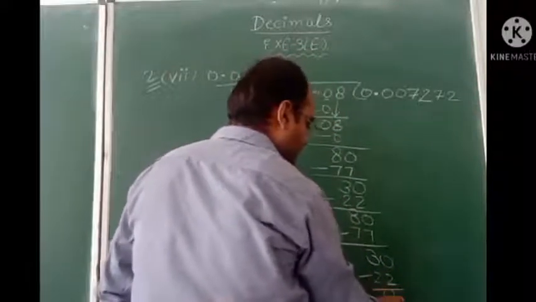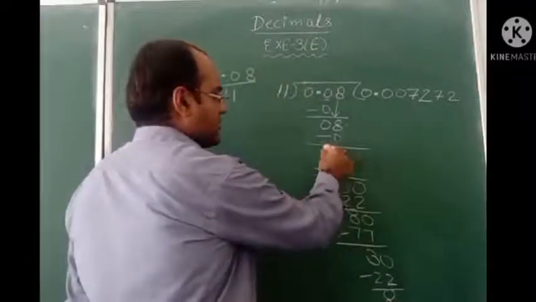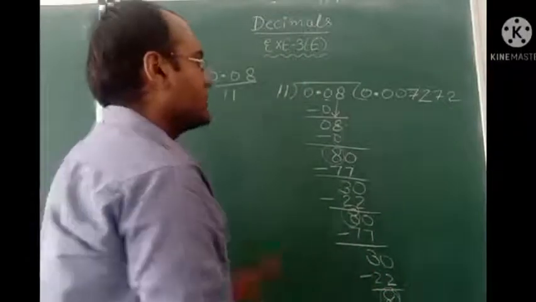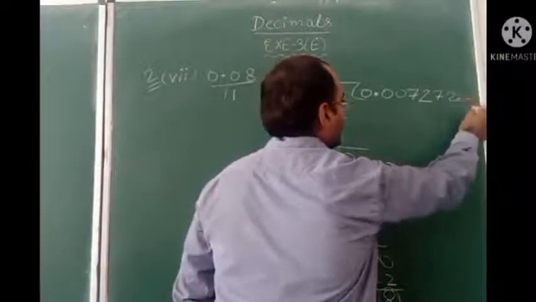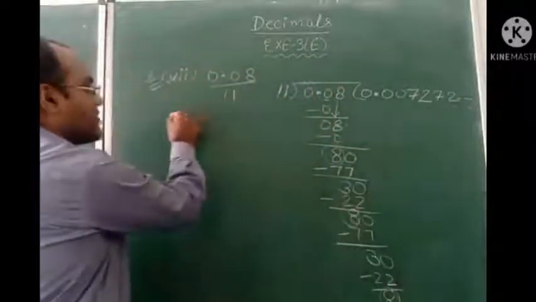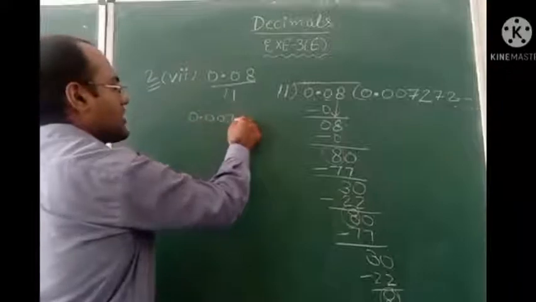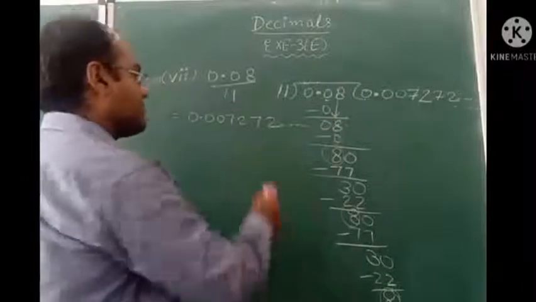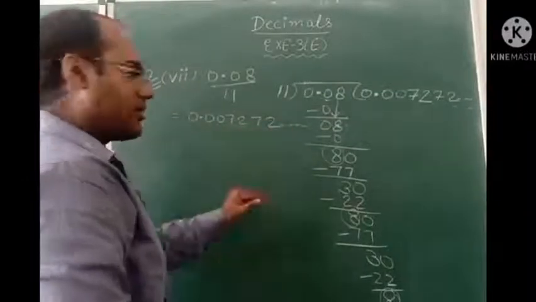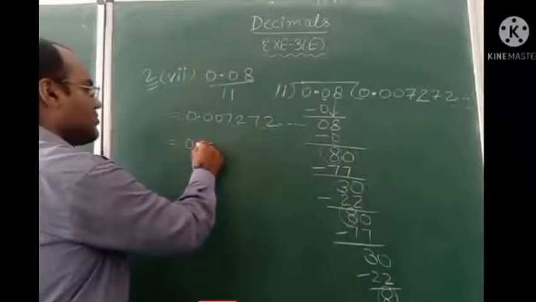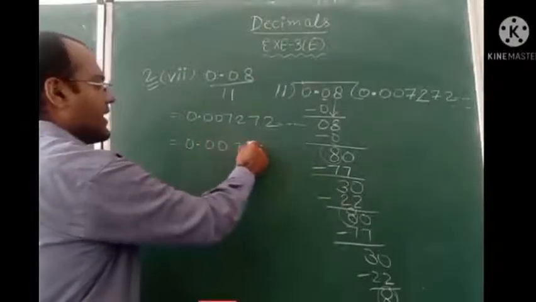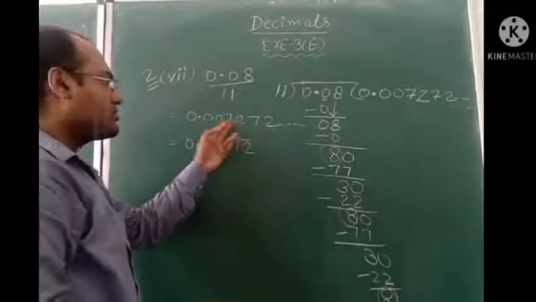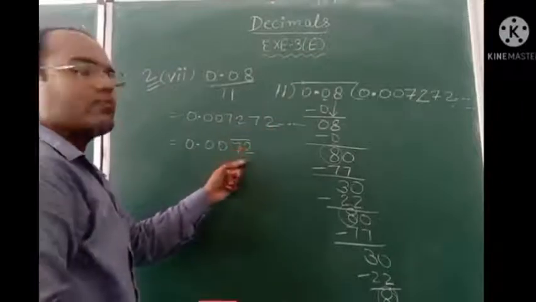Again remainder is 8. So here we will observe that remainders are coming same again and again. 8, 8, 8. So now what we will do? This is a non-terminating decimal. So we will write it. On dividing it, we are getting 0.007272 and so on. But here you will observe that 72 is repeating. This is a repeating number. So what we will do? 0.0072, 0 0 7 2, and on 72 we will put bar, because this bar represents that this is a repeating number. So 72 is coming again and again, that's why we will put bar on 72.